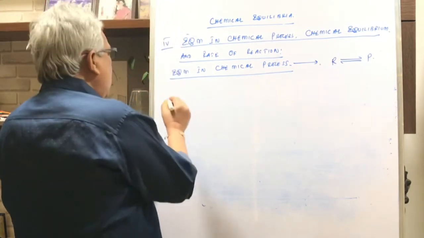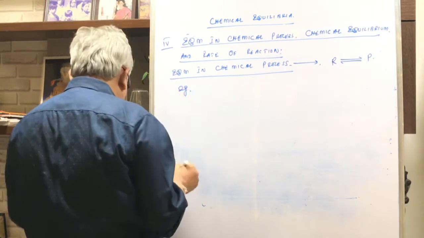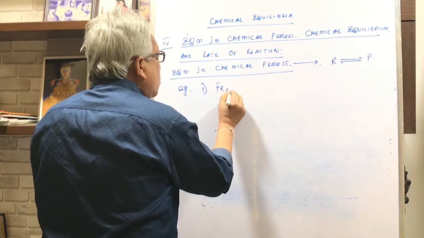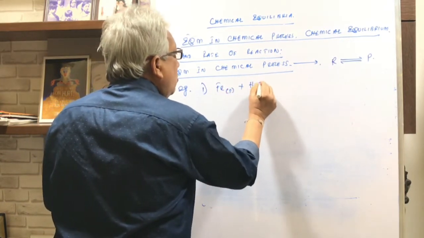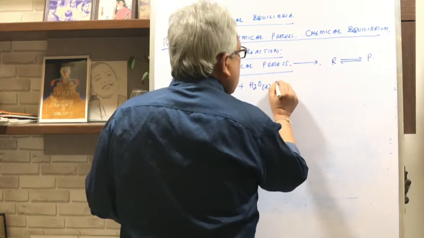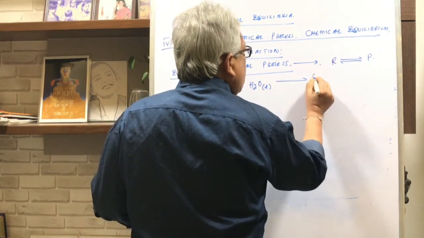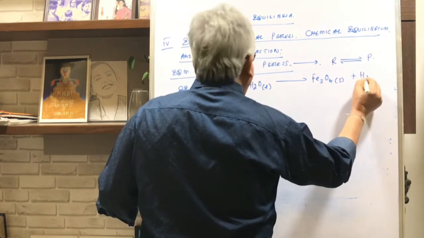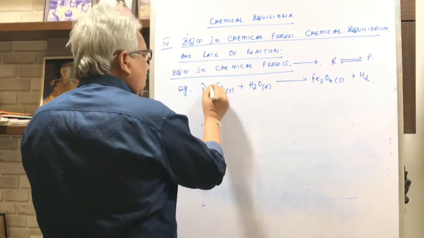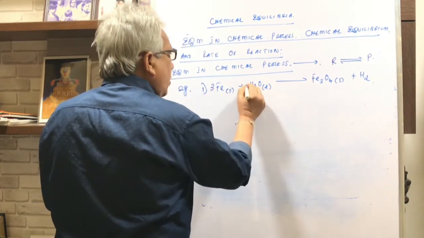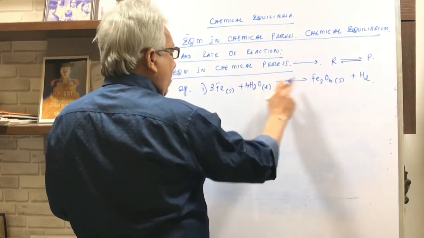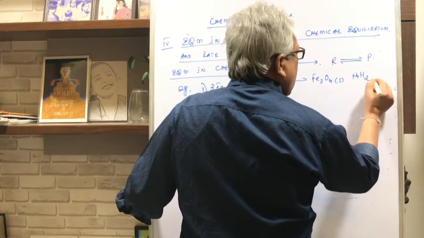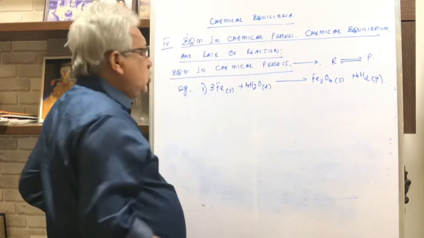Now let us give a few examples of reversible chemical reactions. Example number 1 is Fe solid plus H2O liquid. When you heat it at a high temperature, it gives you Fe3O4 solid plus H2. For balancing, it will be 3Fe plus 4H2O, giving Fe3O4 and 4H2, and hydrogen will be in the form of gas. So initially Fe and H2O